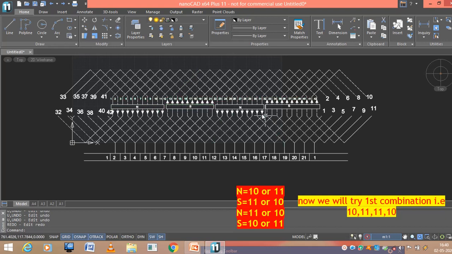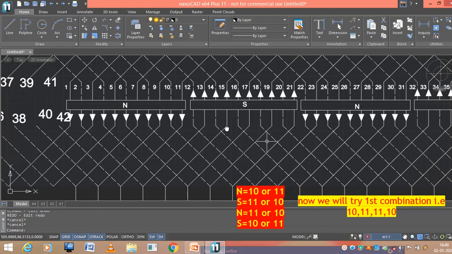If this happens, this should be interchanged again. So here actually now the 10 conductors are under this north pole, right, and another 11 conductors are under this south pole. Again swap it. It means the 11 conductors should come here under north, and under south the other 10. These are the other possibilities of balancing the conductors. Clear?